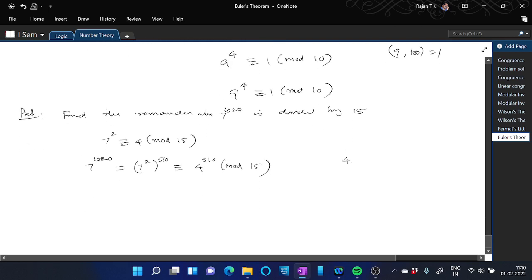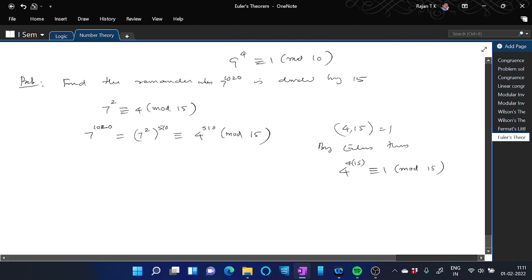Here 4 and 15 are such that gcd(4, 15) is equal to 1, and therefore by Euler's theorem we have 4 raised to phi of 15 is congruent to 1 mod 15. So we have to compute what is phi of 15. The positive integers less than or equal to 15 and relatively prime to 15 are 1, 2, 4, 7, 8, 11 and 13. Therefore, phi of 15 is equal to